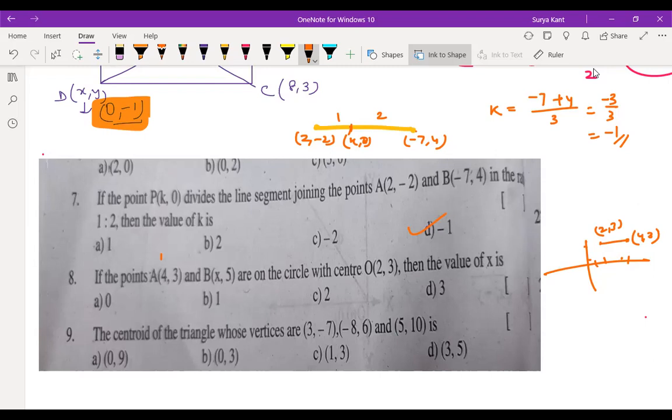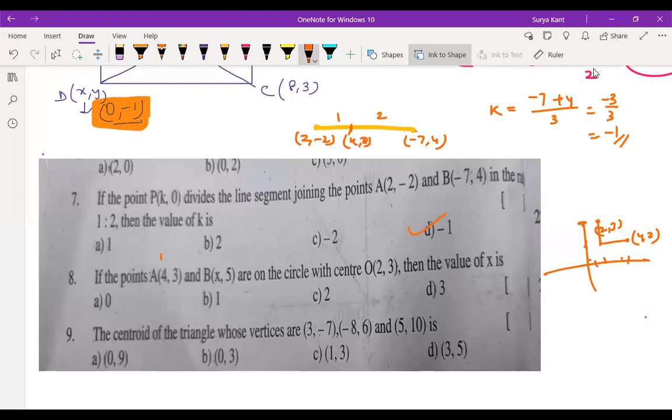If the points A and B are on the circle, acha, on the circle they are saying. So 5 will come somewhere here, right? The value of x is 2, say. Y is 5. It means here is 3, 4, 5 is here. What will come? 2, sir. 2 is the correct answer. 2, 5. Yes. Here 2 only is coming. So this will be the answer, right? Yes.